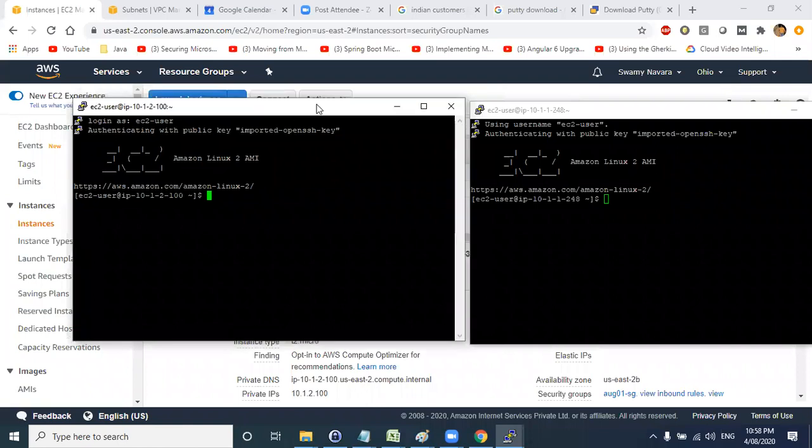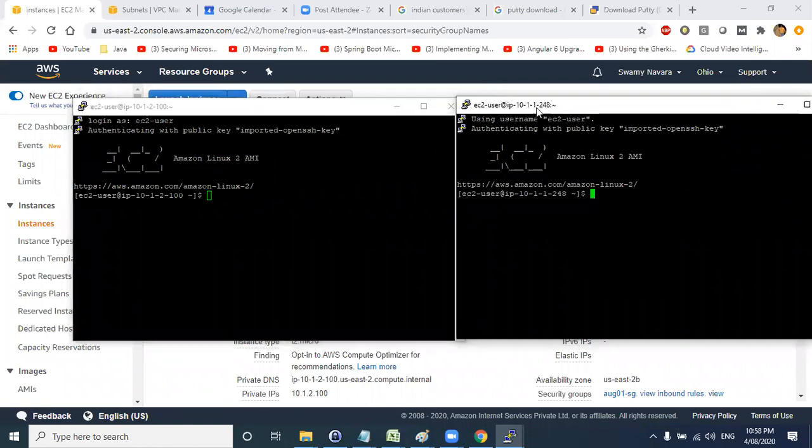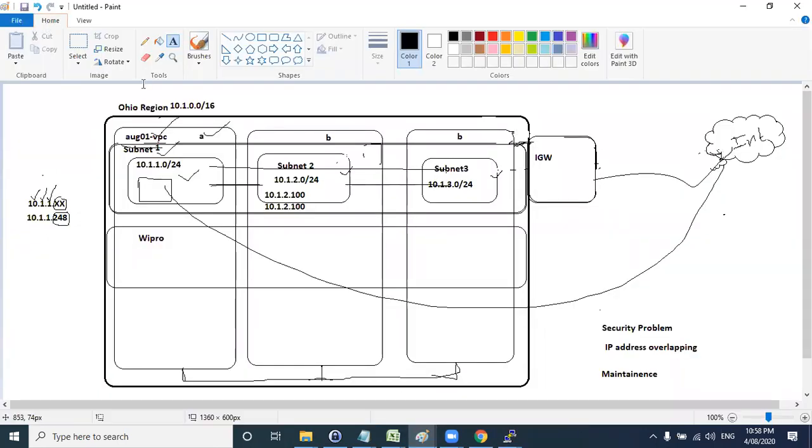Yeah. So if you see here, now we have launched two instances. One is in the first subnet, 10.1.1.48 machine. One is in the second subnet, 100 machine. So now we are able to connect to both the servers from the external network. From here I have connected to the first EC2 machine, and to the second EC2 machine I have connected from the external network.